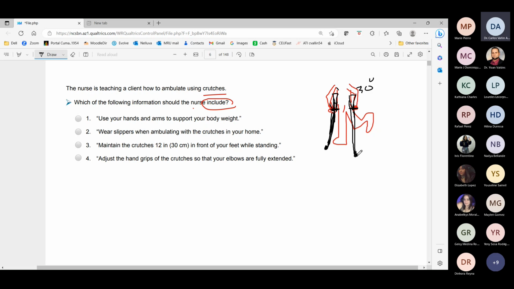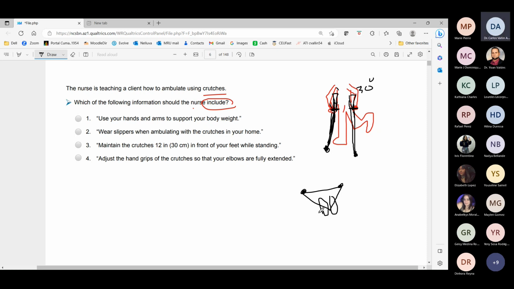And remember that the tip of the crutches should be rubber tipped and should be making a tripod. Tripod is when the crutches and the feet are going to be making like a triangle,